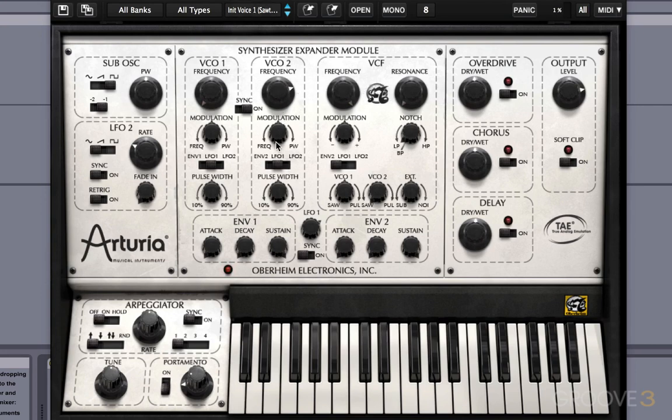Now, this gets more interesting when we start to modulate the frequency, and you'll notice here we've got this modulation control. If I pull this to the left, we're actually starting to modulate this now by LFO1. So it sounds a little bit odd right now, but we're actually going to program that in a little more detail when we come to the envelope mode, to give a bit more definition to that sync sound. Now, if we flip this the other way around, we can actually modulate the pulse width. So if we go back to pulse,